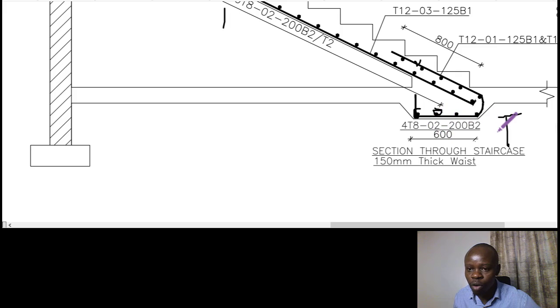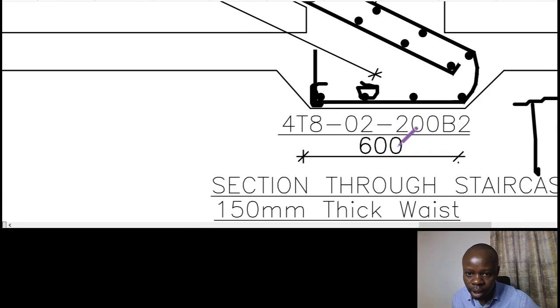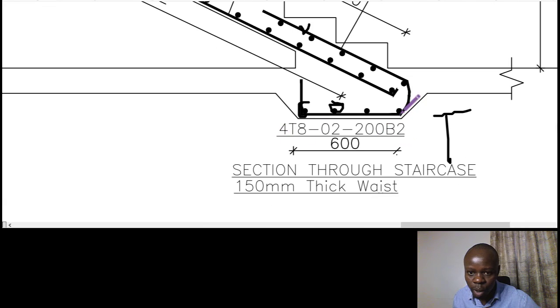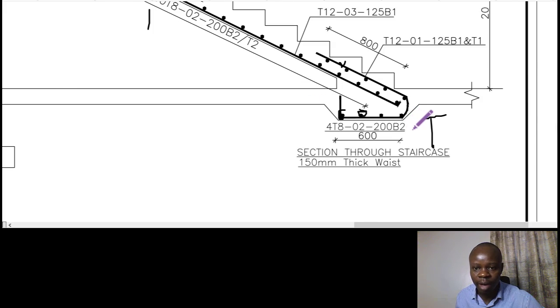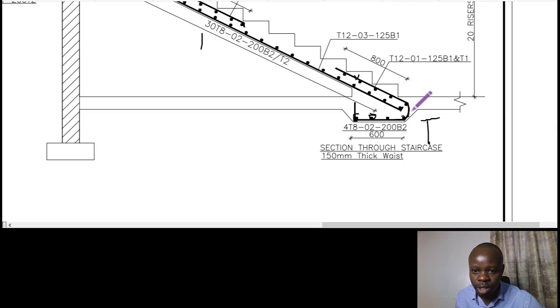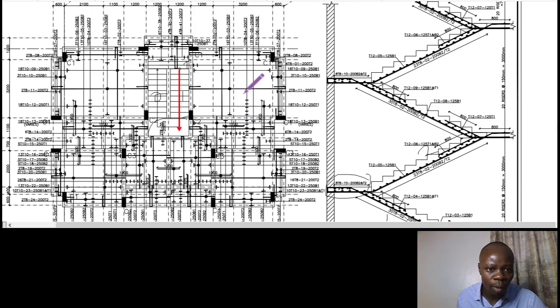Okay, so the T8, you can see 1, 2, 3, 4. The T8 are the ones at the thicknessing level, and they are 4 in number. You can see this is 1, this is 2, this is 3, and that is 4. So those bars, I would like us to go to the,